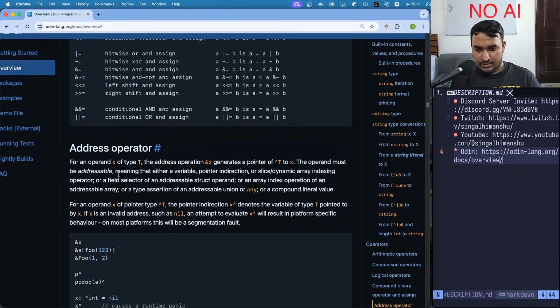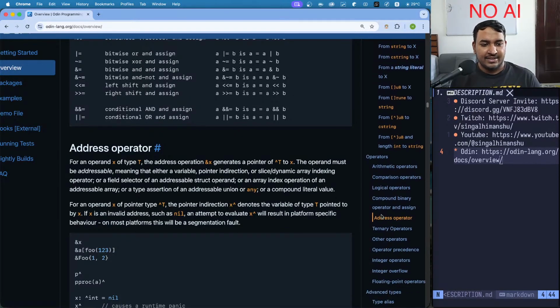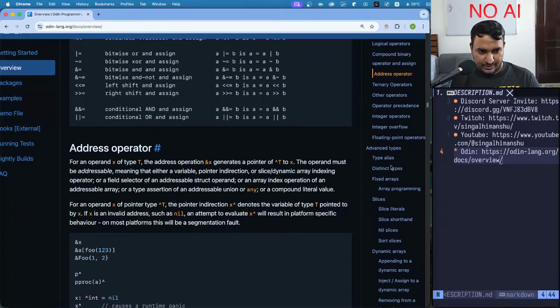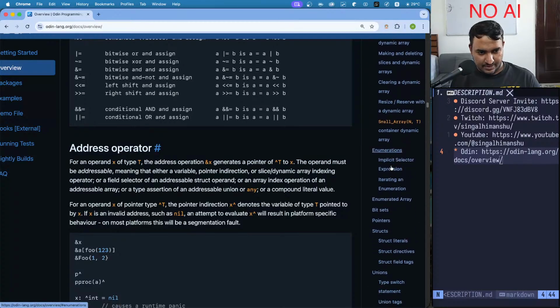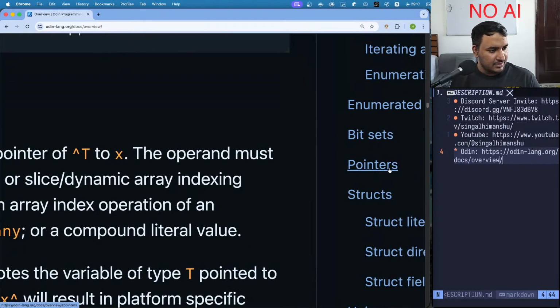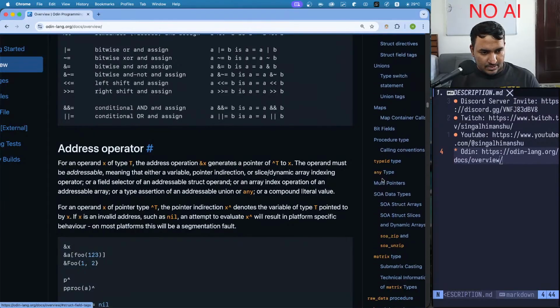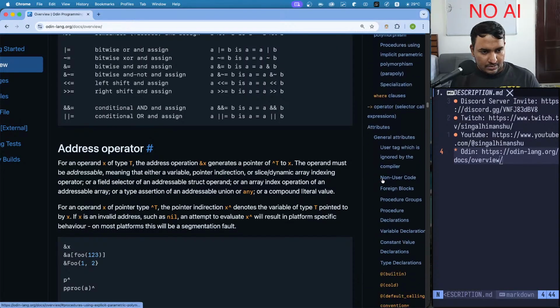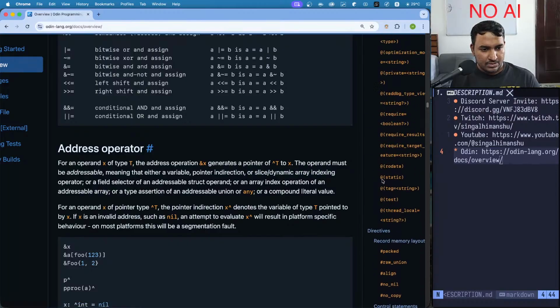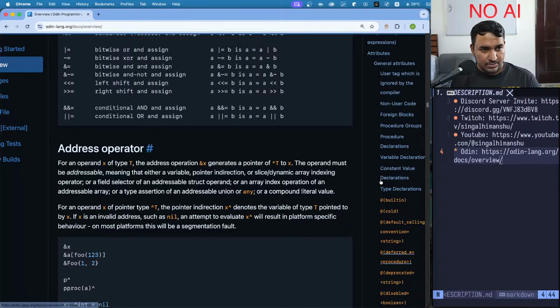Address operator. Okay. I think we are coming to that dangerous territory now. We are onto the address operator. We'll have pointers and stuff. Dynamic arrays. Pointers. The pointers. Structs. So this is like a huge